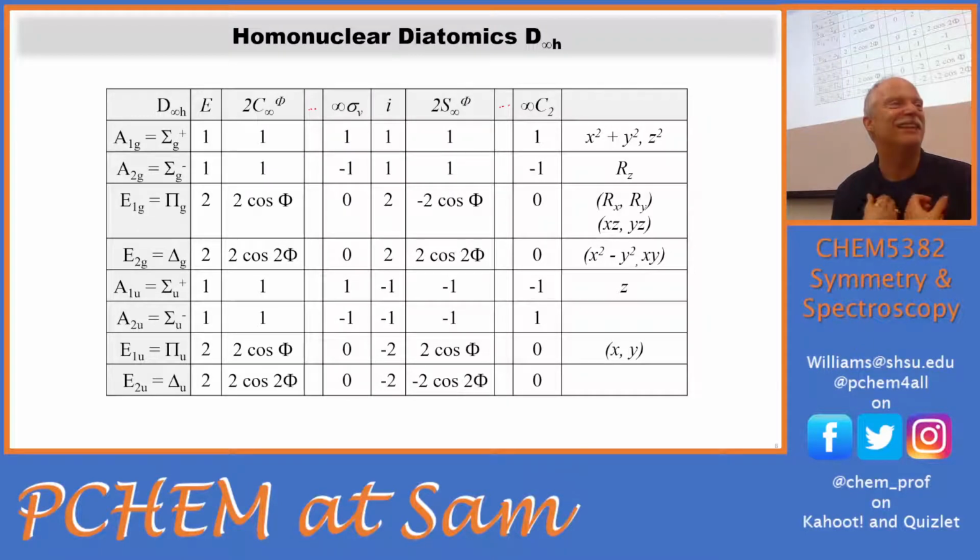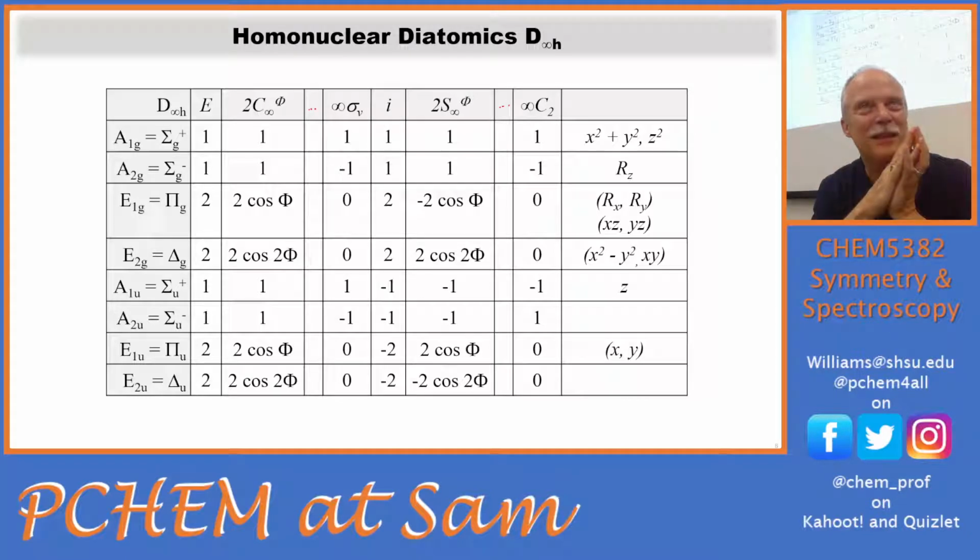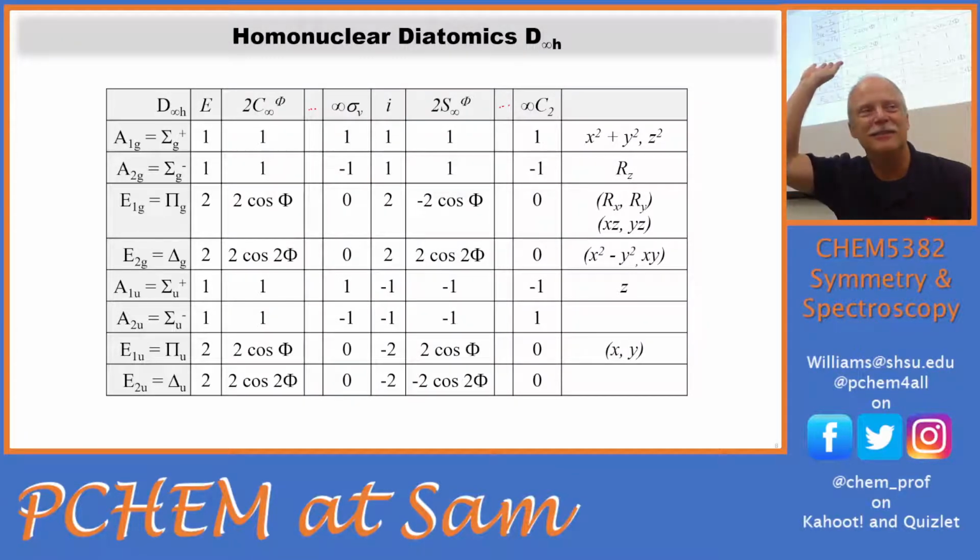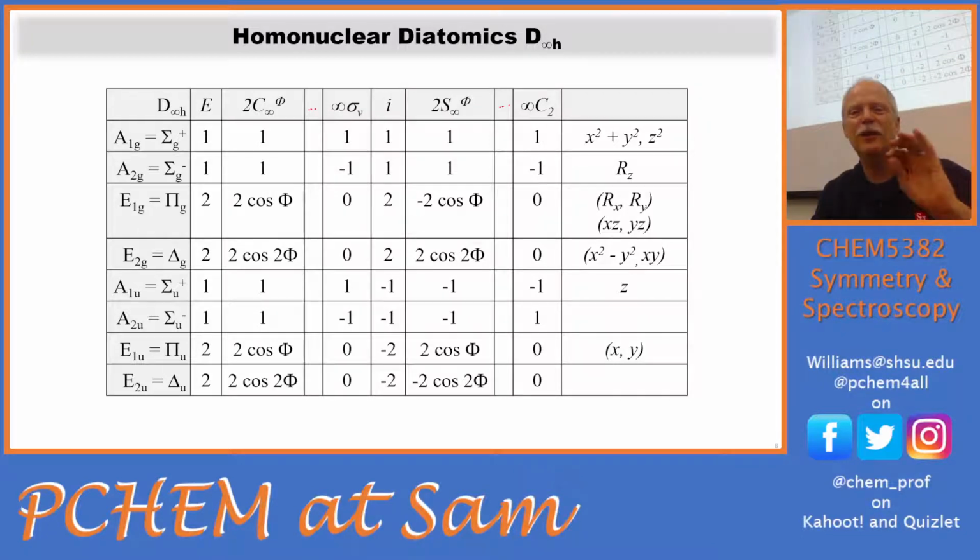And I fell into that trap. And so many professors do. It's almost funny now, among us. It's like, yeah, I assigned a diatomic to the exam and had them do a reducible representation. And they looked at it and they're like, Dr. Williams, what do we divide by? So we're not going to be able to do the reducible representation for the homonuclear diatomics because of that infinite